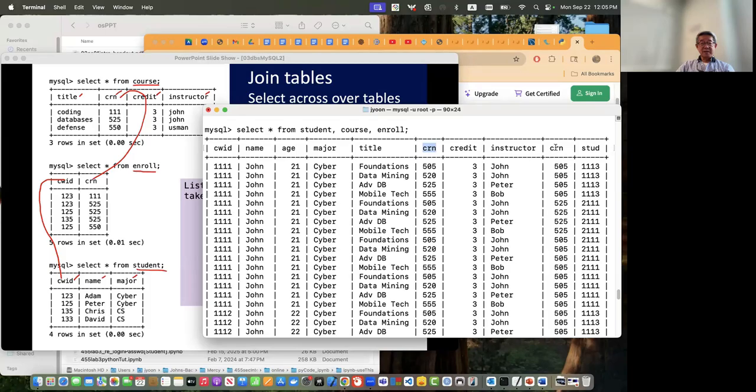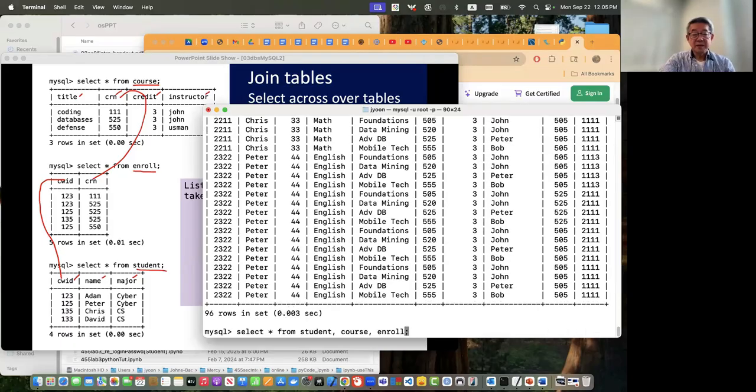This is a CWID and that CWID should be the same, right? To link them properly, we will get the proper answer. So in the where clause,